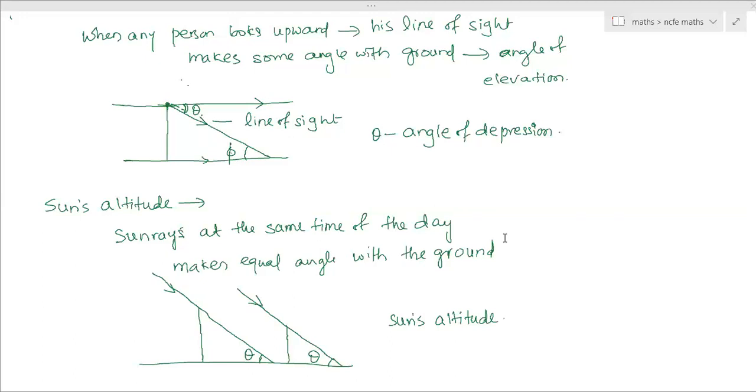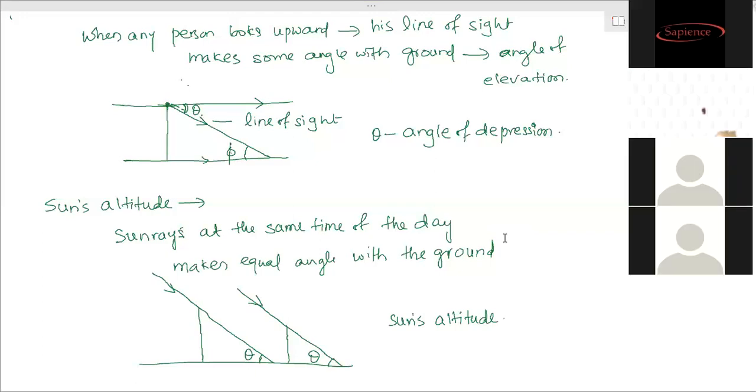Student: Is there any relation between the sun's altitudes at different times of the day? No, there is no relation. They are different. Depending on the position of the sun, it keeps changing. At 10:30 the angle made is different. At 11 o'clock, the angle is different. At 12 o'clock sometimes it is completely perpendicular. Then at 12:30 it is bending to the other side, but the angle is different. 1:30 is different. So the time calculation is done on the sun's altitude.